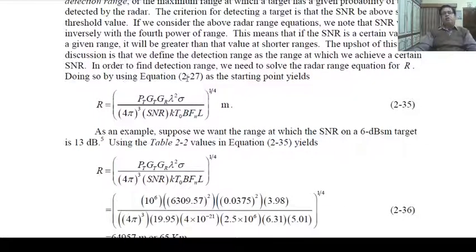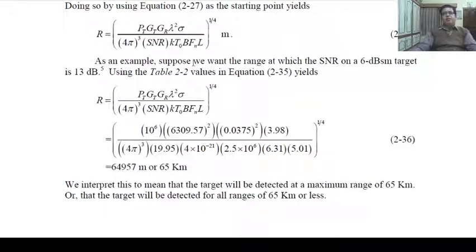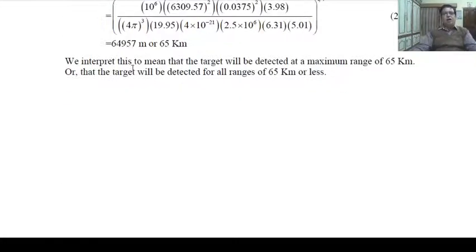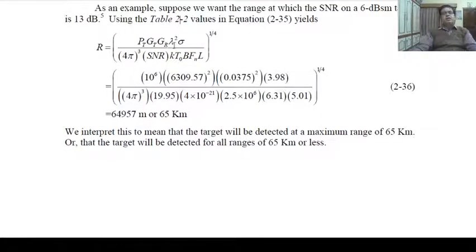In order to find detection range, we need to solve the radar range equation for R. Doing so by using equation 2.27 as the starting point, capital R equals the whole power 1 by 4 of PT ZT ZR lambda square sigma upon 4 pi whole cube SNR KT0 B Fn L, in meters. As an example, suppose we want the range at which SNR on a 6 dB SM target is 30 dB. Using table 2.2 values in equation 2.35 yields R equal to the whole power 1 by 4 of PT ZT ZR lambda square sigma upon 4 pi whole cube SNR KT0 B Fn L,